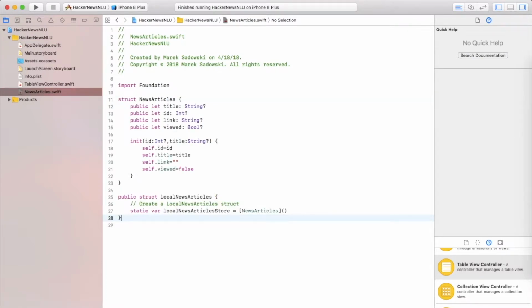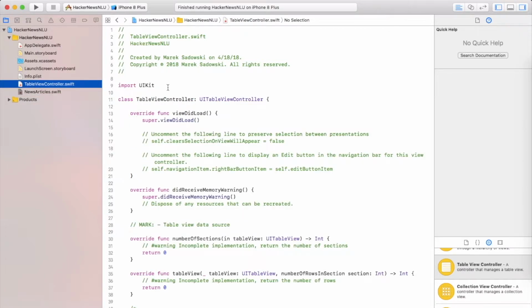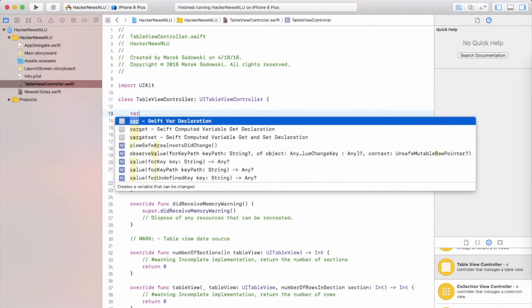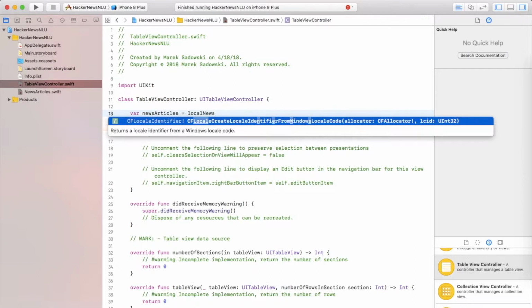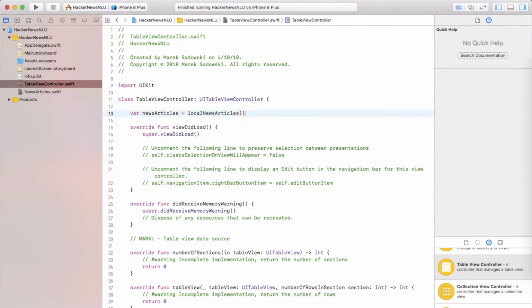It's our NewsArticles.swift. We can copy over the details of the file from the document. And now we are adding the additional variables. So local news articles, and